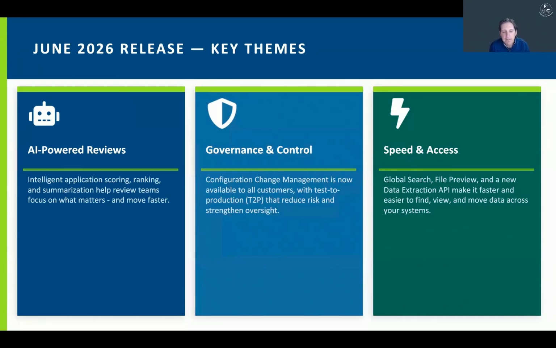And then lastly, speed and access. Again, a number of key features that we're focused on, really around being more intuitive, delivering quicker time to value. The global search is going to give you the ability to search across all your modules, UTAs, file preview. You no longer have to download files to preview those. And then more on the technical side and integration side, the data extraction API, which now gives our customers and partners a more efficient way of targeting and pulling data,